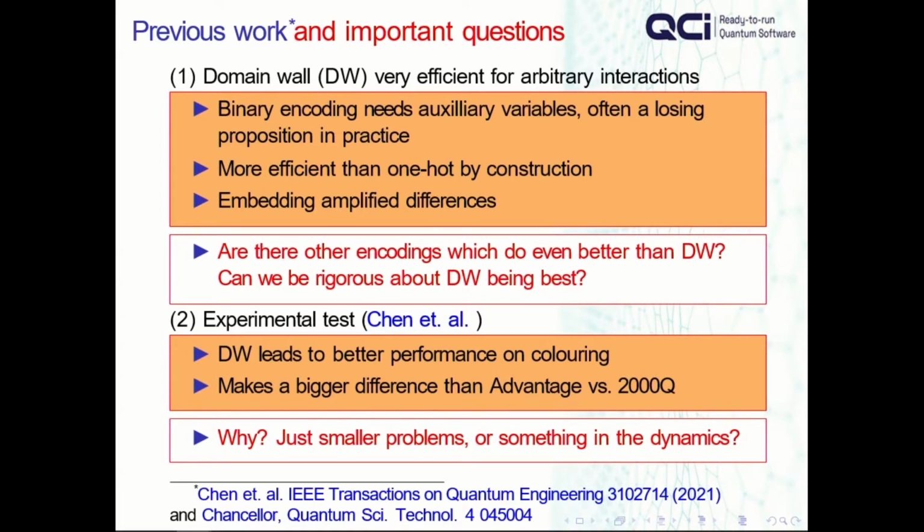So there are still some important questions that we cover in this work. First off, they're very efficient for arbitrary interactions, but what we've shown here is that you actually can't do any better. If you want arbitrary interactions for anything that's an interesting problem size, you might as well not even try to look for anything better. Not some magic new trick beyond what we have that could get even more efficient. Because what we found is that this domain wall encoding is more efficient than the traditional one-hot.